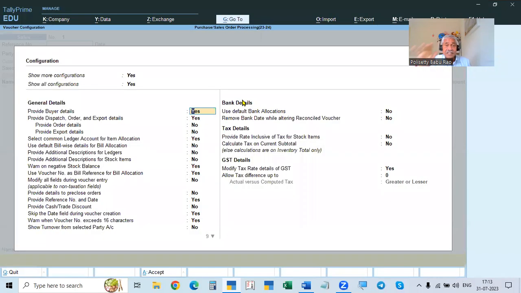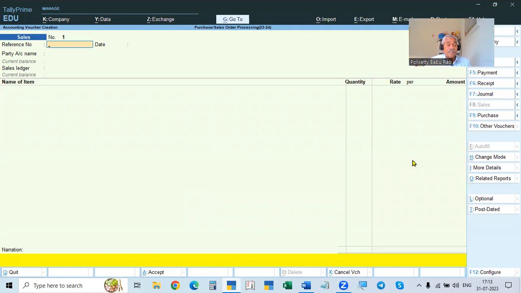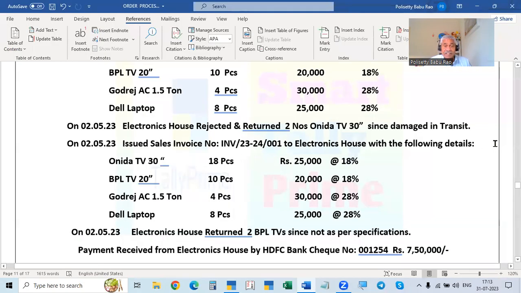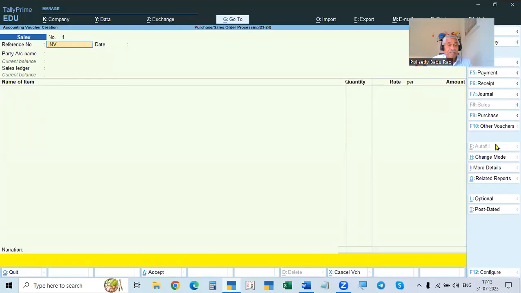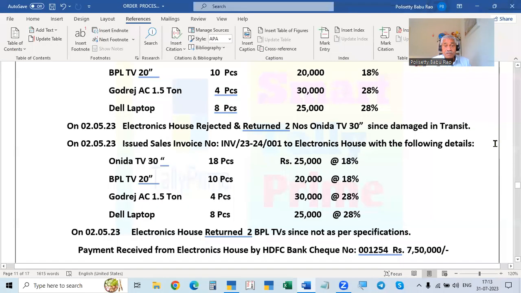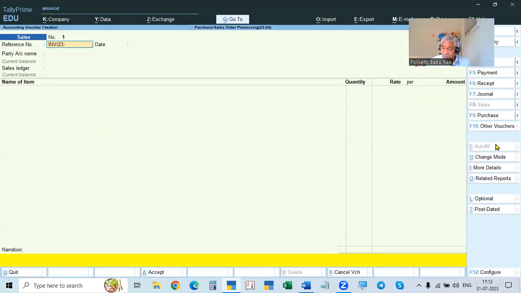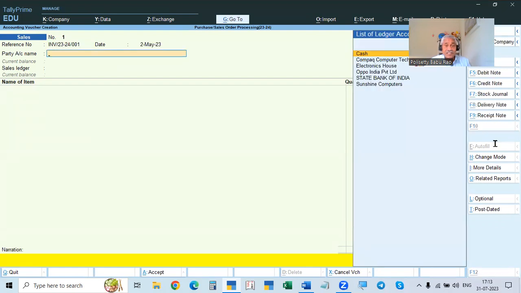How will you give it here? You see this. Go to F12. Here, provide reference number and date. Provide reference number and date for any voucher. If we make it yes, then you will get the reference number here. So we are sending the invoice here, INV/23/24/001. So 2nd May. So this is the invoice number we sent to